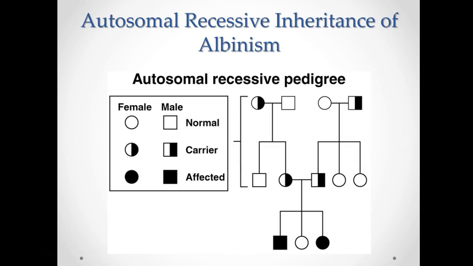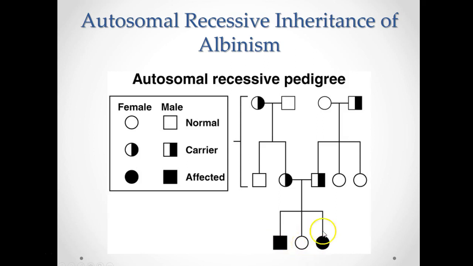Let's compare that to an autosomal recessive pattern of inheritance, and we're going to look at albinism as our example. So we're going to follow 2 families here. We're going to follow a family where we have a carrier woman and a carrier male in 2 separate families. Okay, so they marry and have offspring. They produce, again, a carrier daughter, and they produce a carrier son. The carrier son and the carrier daughter then produce 3 children, 2 of the children who have albinism and 1